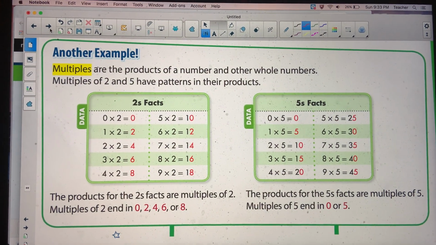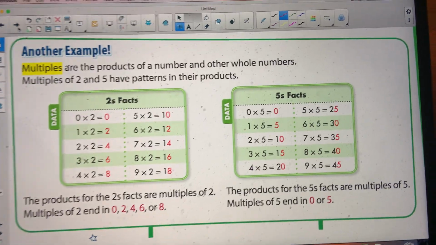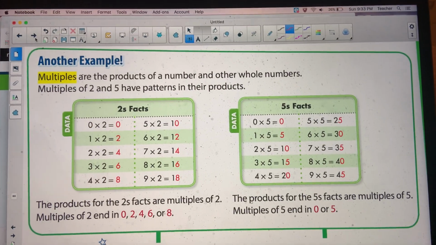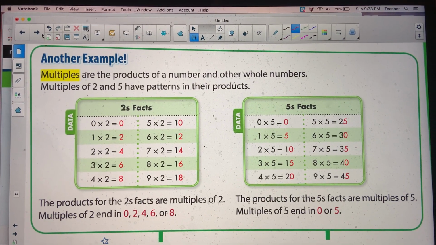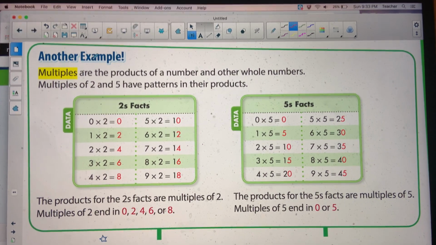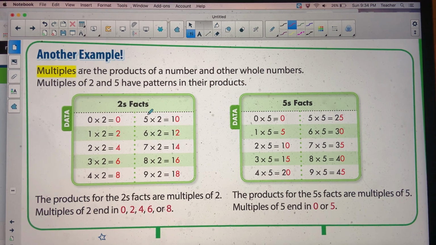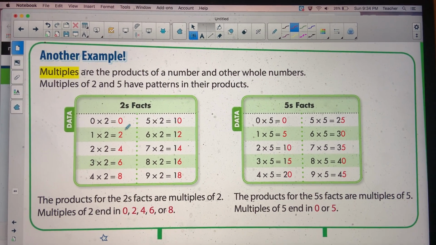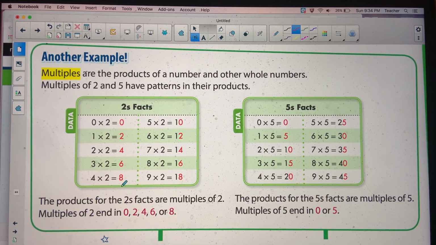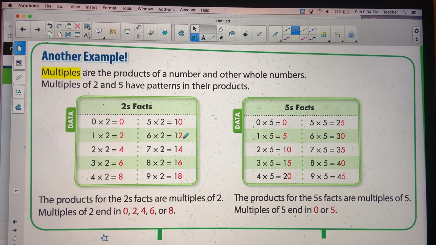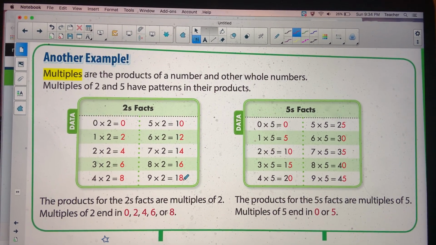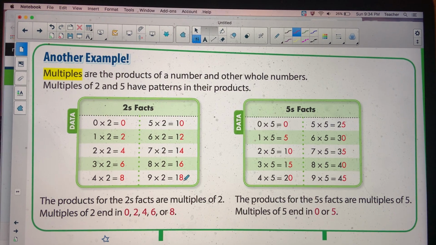Now, another example. I've talked about this year the word multiples, okay? Multiples are your counting numbers, all right? They're the product of a number and another whole number. Multiples of 2 and 5 have a pattern. So look at this pattern very carefully. You're going to see 0, 2, 4, 6, 8, 10, 12, 14, 16, 18. You see that they're all even, but